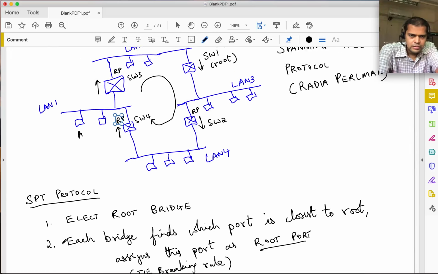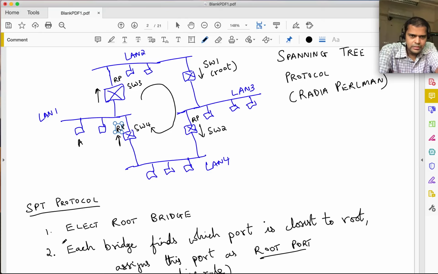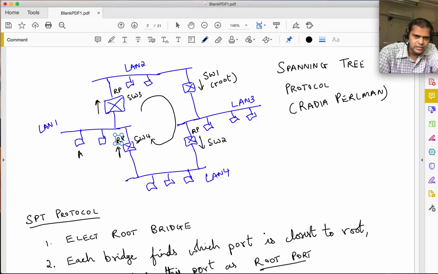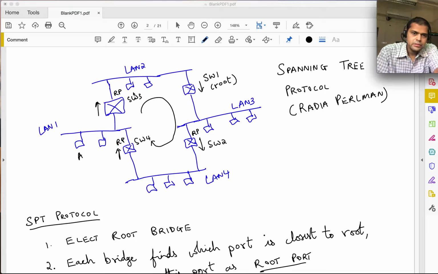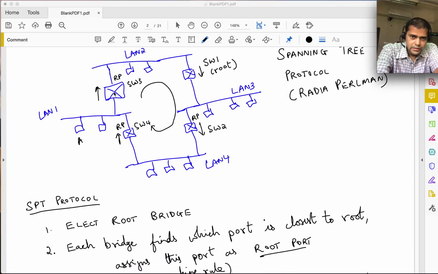Now this is ensuring that at least all bridges have some way to get to the root node. At least they know that if I need to forward something towards the root, I need to send it on this root port. So these are the root ports which have been chosen by the various switches, and we are definitely not going to disable these when we try to break all loops. These are going to be active ports; we are going to forward frames on them. So what we still need to do is